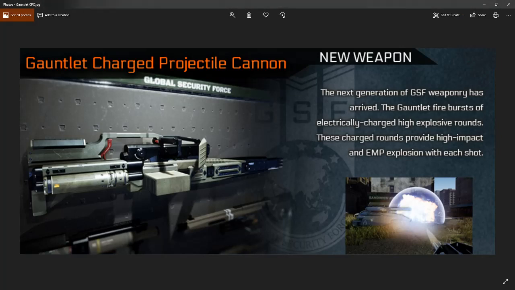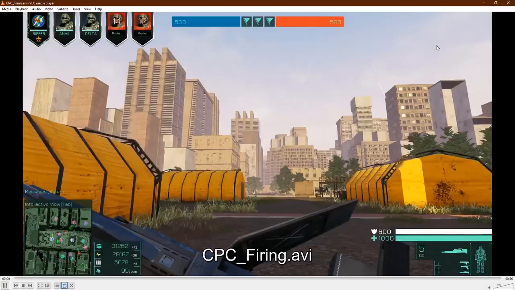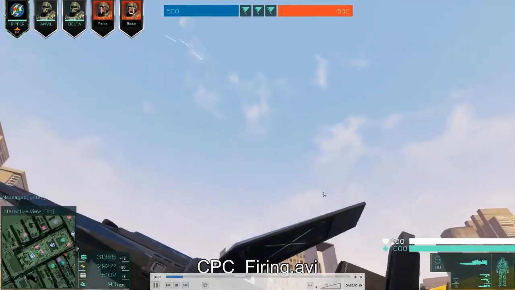Okay, so this Gauntlet CPC is what we consider a late game weapon for the officers. The price is quite high, so we expect players to purchase it and use it towards the end of the game. What's good about this weapon is that it's effective against vehicles and heavy infantry, because this weapon fires mini EMP rounds, so whatever vehicle or structures, especially turrets, that get hit